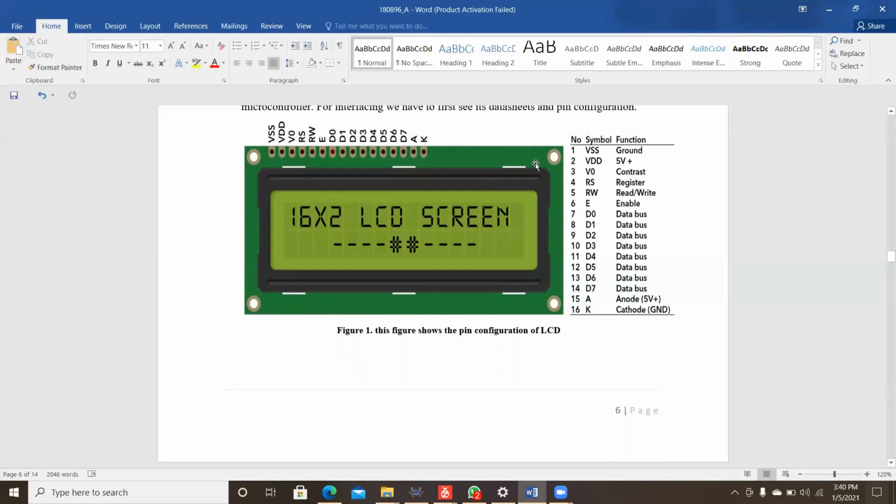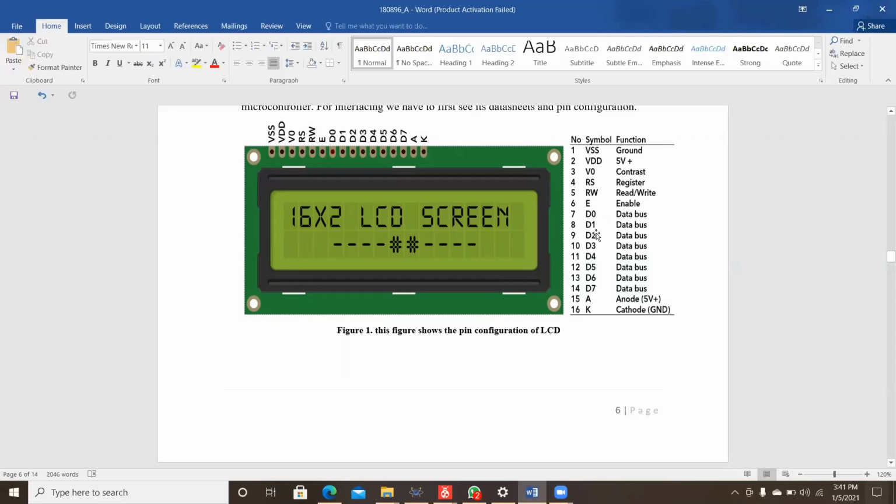In this, VSS is used for ground, VDD is connected to 5 volt, and VEE is connected to contrast. Through this pin we can adjust the brightness of the LCD, and RS is the register select. Through RW we can read or write on the LCD, and E is used to enable the LCD,